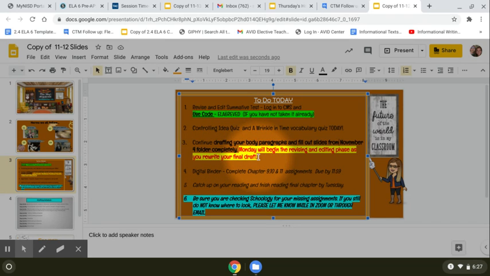Monday, I will also be covering the key points required during revising and editing, to include specific sentences that I will be looking for in your paragraphs that you'll need to highlight. And those sentences are either a complex or a compound sentence. You need to have those in there. We're going to talk about transition words, and you want to make sure that you have 4 to 5 complete sentences per paragraph.